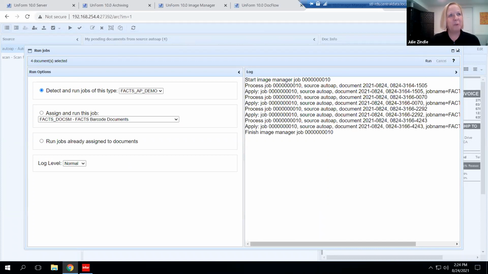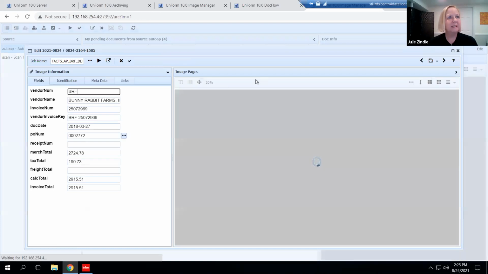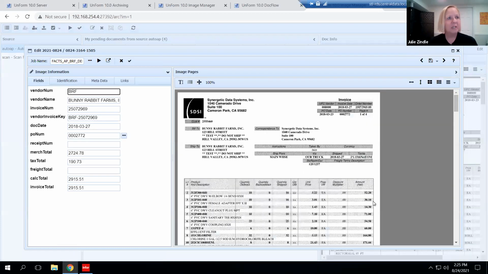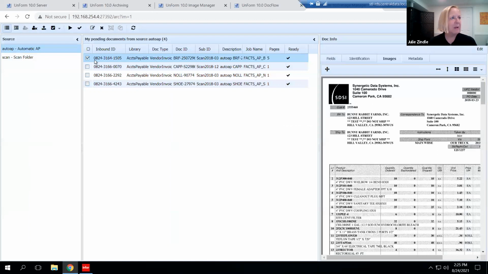All right, so we've got those processed. The jobs have run. And now you'll see, as Paul explained, I've got these check marks because it was able to identify everything it needed from the document itself to know what to do with this document. That's all part of the mapping flow. And it's the same thing in FACTS as it is in SX.e or Cloud Suite. You tell the system, where is my purchase order on this document? How do I find the numbers I need to validate to, and so forth. So that process is exactly the same. All right, and we've got our documents ready to be brought in.